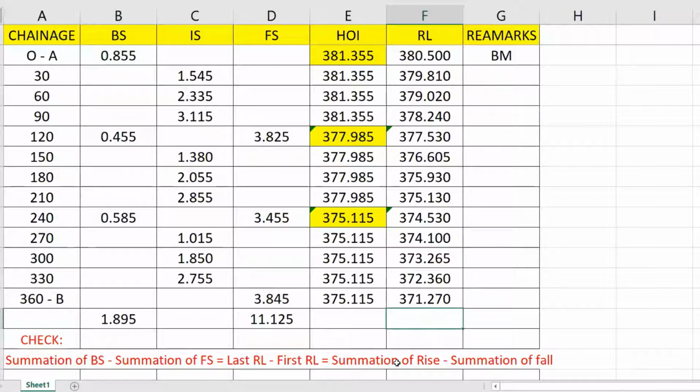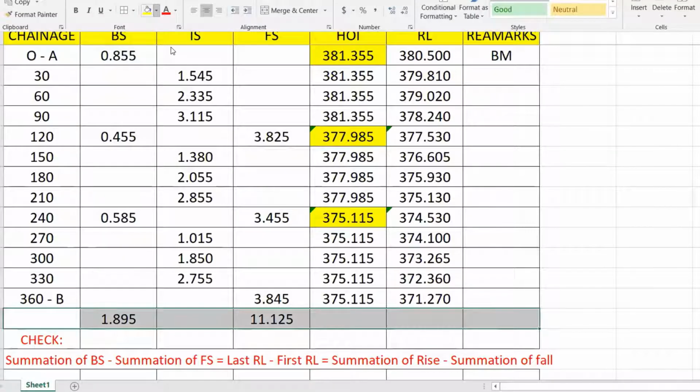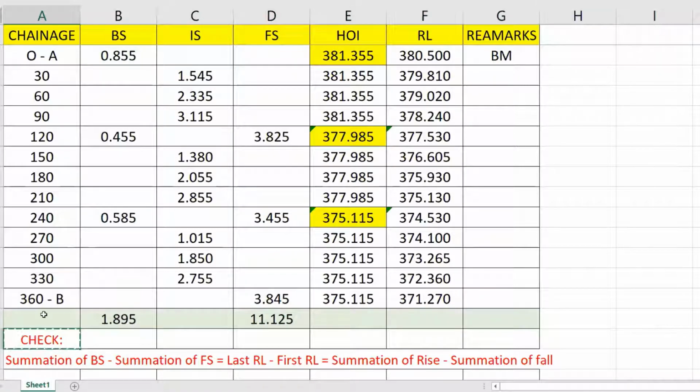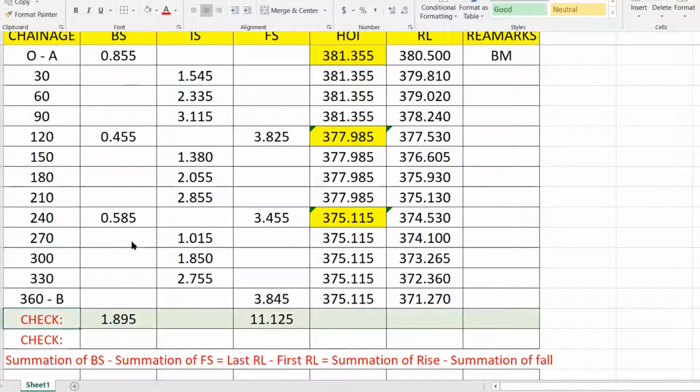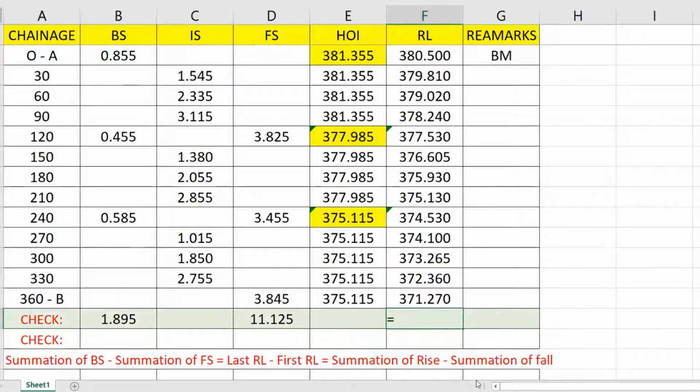Now what is on the right hand side? I get last reduced level minus first reduced level. Whatever we are doing here is a check. Last reduced level is 371.270 minus first reduced level 380.500, right?